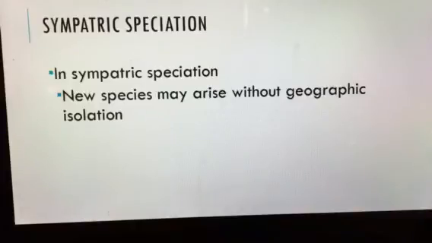And so we see that these flies can start to evolve based on the location of where the tree is. Also, something might happen to the tree where it's not producing the same amount of fruit. So when we see these flies that were there, what would happen if we introduce them to a new tree? Well, their larvae may start to feed on this new type of fruit, and therefore they might change that way based on the fruit that they have. And so that is another type of